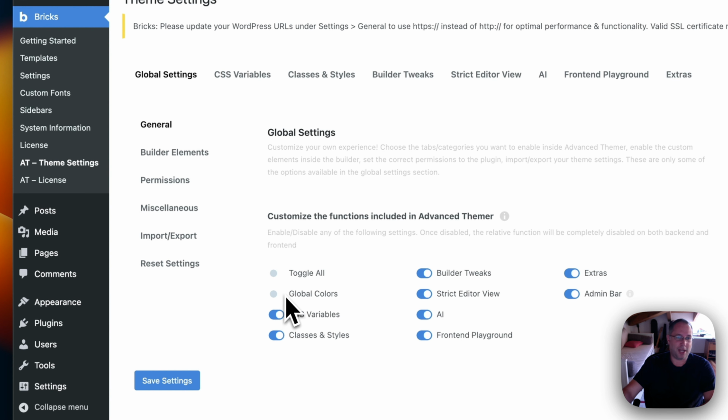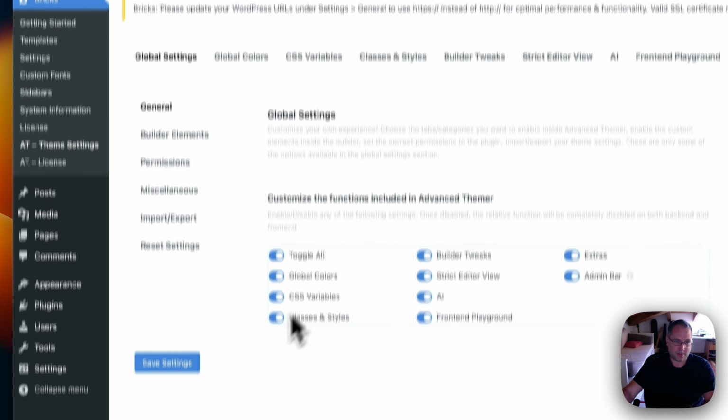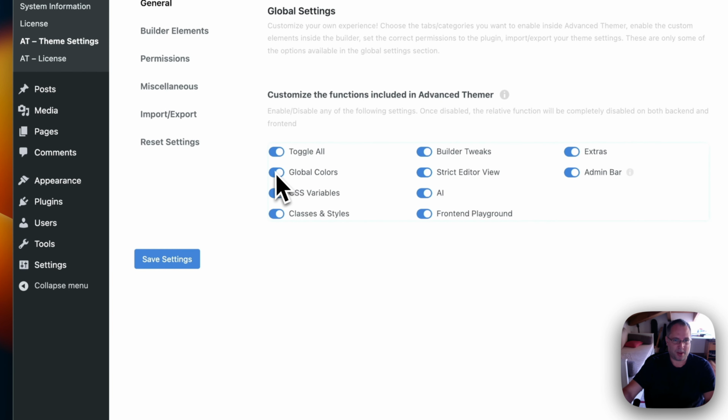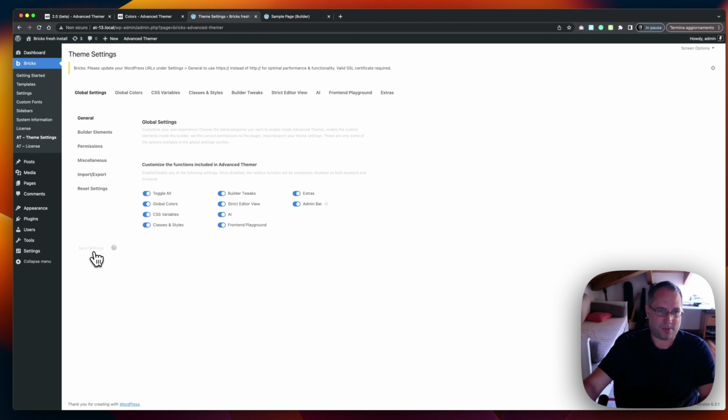You absolutely need to enable this item in order to recalculate the color variables. If you don't enable this option, your front end might be broken. So this is really important. Let's just save,